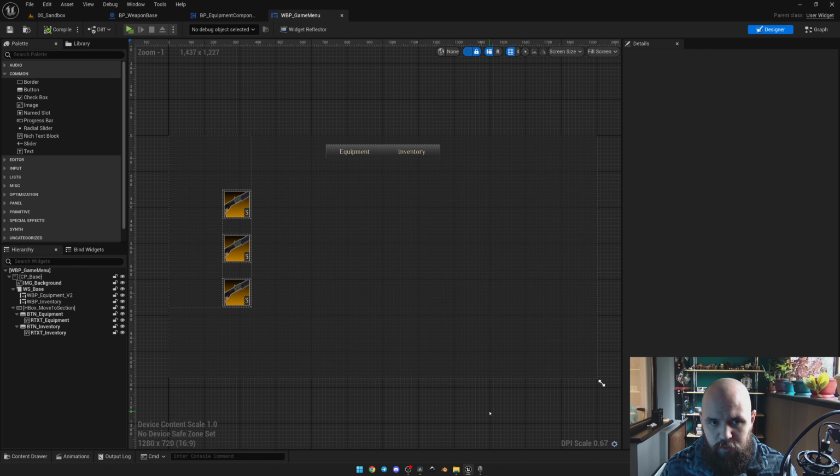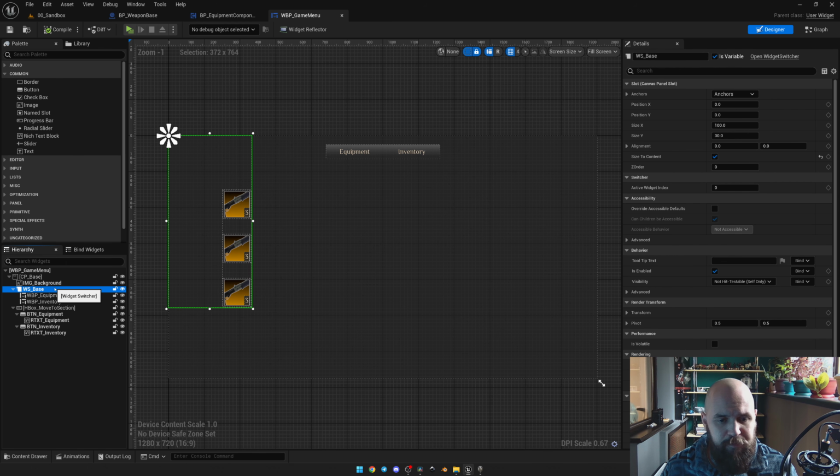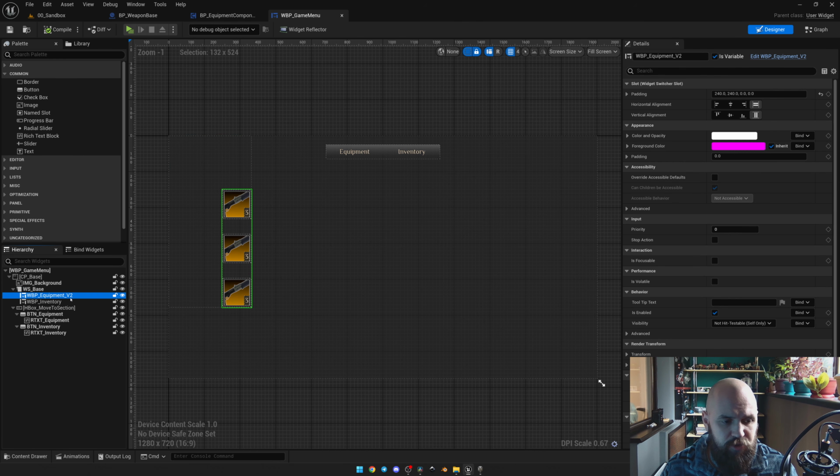Just before we start with the equipment component, you need to be sure that your main parent widget, the game menu, has references to the equipment and inventory. In my layout, I have them both under the widget switcher, so make sure that you have yours. So now,